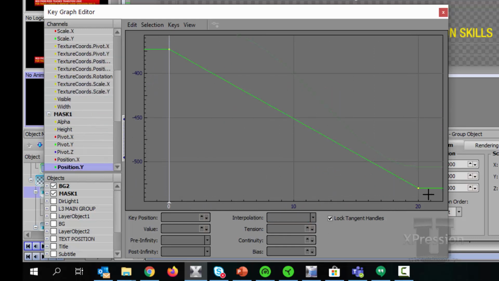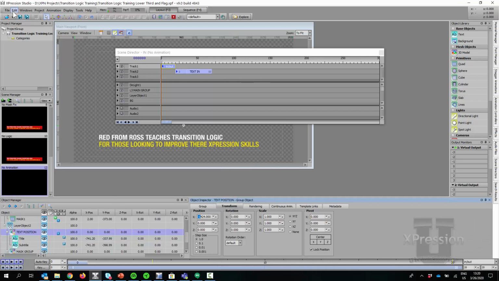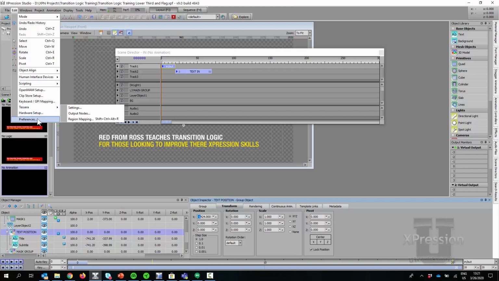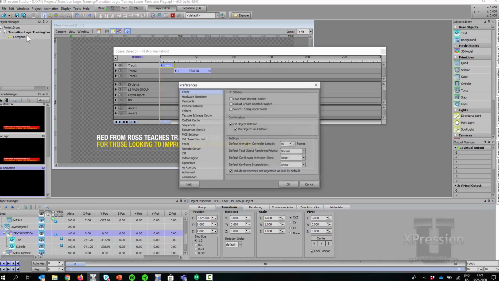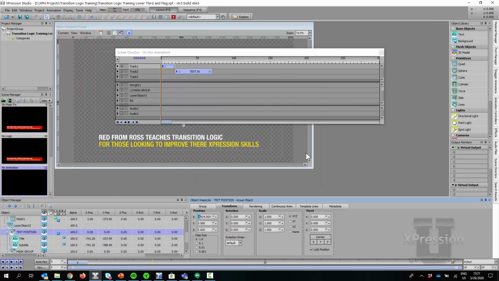Just an extra note. What you can do is, let's just do this one first. There we go. What you can do, if you know you're going to use a particular type of transition a lot, if you go to Preferences under Edit, and under the editor, you can actually change a bunch of defaults. So you can see here I've got mine set to 50 instead of 200. But if you knew you were going to be doing simple Bezier on everything, or you know you're going to do your own interpolation on everything, then you can choose your preference. So in this case, I'm just going to do simple Bezier. So all my animations will be that by default.